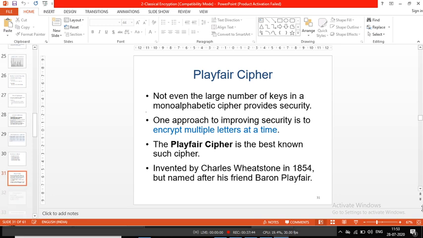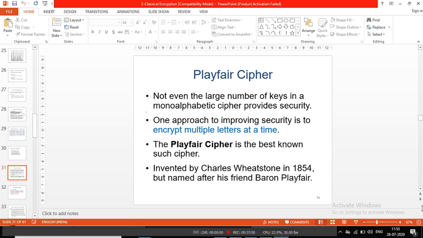Okay, so these are some of the stories, and the third one is Playfair cipher. Before some 10 slides, we have told about the stream cipher and block cipher. What is called a stream cipher and what is called a block cipher? In that slide we said we'll discuss it in future, right? In the Caesar cipher and